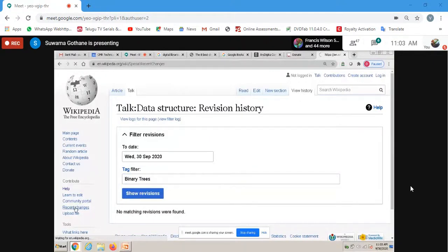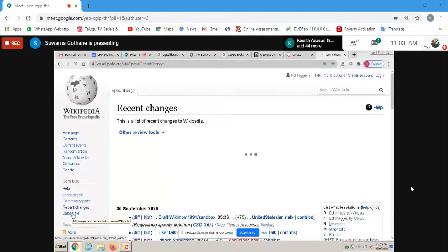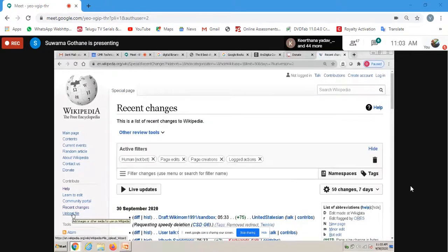You can upload a particular file, whatever you would like to contribute towards it. So this is going to be possible.